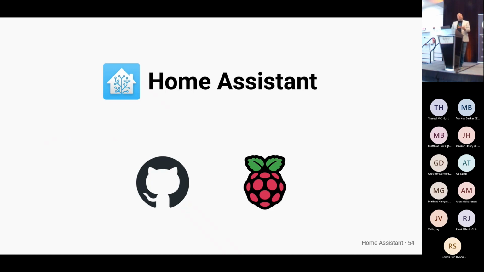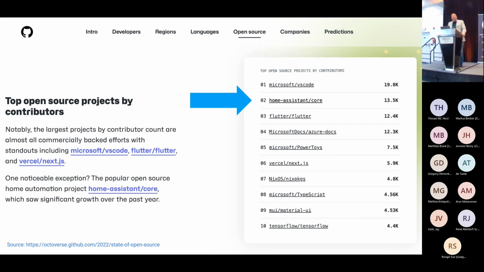I had it turn on the lights when the sun was setting. Two days later, I realized, well, it's actually already dark when the sun is setting, so I need an hour offset. Then another two days went over, and now the lights were being turned on even when I'm not at home. I added presence detection. The ball started rolling. I decided, you know what? Let me just make this open source. I hadn't really dabbled much in open source, but I thought maybe somebody else likes this script. So I did, and now 10 years later, we are the second most active contributed project on GitHub.